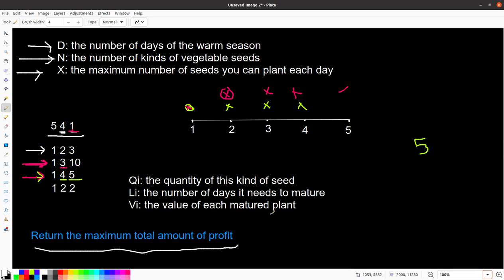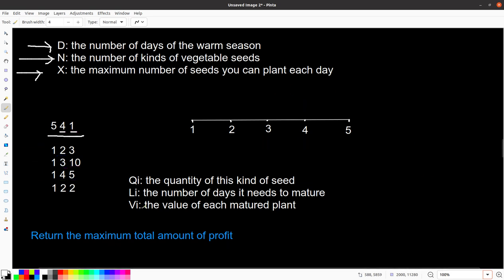So how can we solve this problem? What we need to do is we need to sort the seeds based on the value, and so this is the first seed, and this is the second, this is the third, and this is the last one. We sort them based on the value,